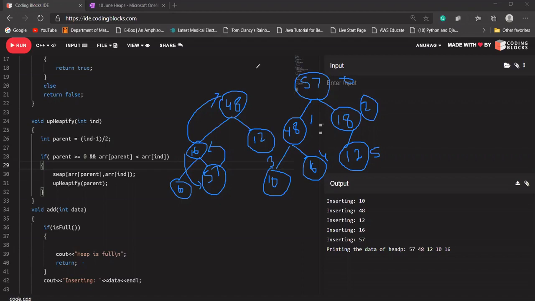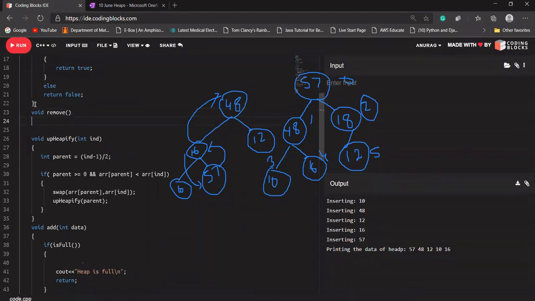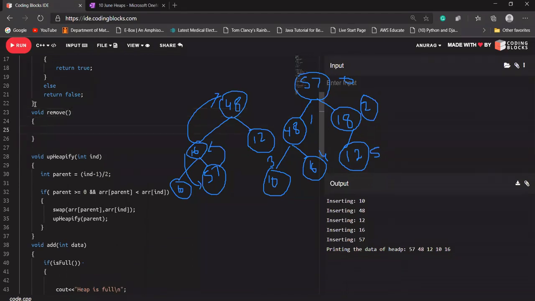Okay, so now if I want to delete something from this heap, I'm going to design a remove function here. In the remove function, what will we check first? We'll first check whether it is empty or not. Let's say I'm going to design an is empty function.